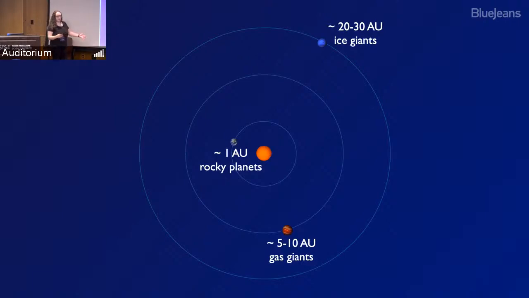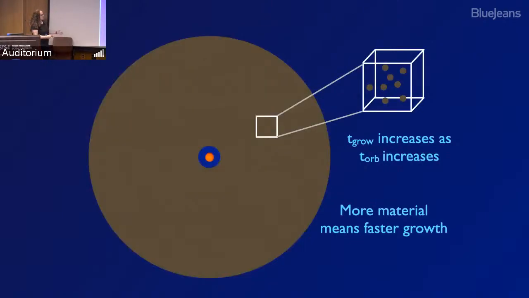If it worked this way, maybe we would have some hope that everything would be nice, and even if everything was complicated, it would at least be similar across systems. We know that's not true anymore, but let's just remind ourselves, right? So we have some rocky planets on the inside, gas giants, ice giants on the outside. So you can understand this, and all of these ideas are still around, still good ideas, and by using a